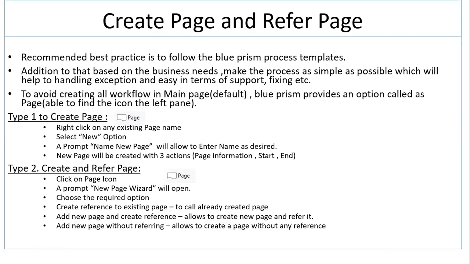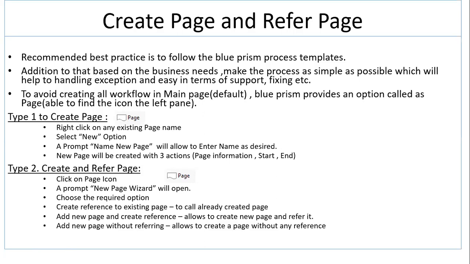In addition to that, based on the business needs, make the process as simple as possible, which will help you to handle exceptions and make support and fixes easier. If you split your process into small building blocks or small actions, it will be easy to analyze and understand in case of process enhancement and process fixing. That is one of the best practices recommended by Blue Prism. So try to break down your process as simply as possible and group it into different pages, and then call them in the process main page,